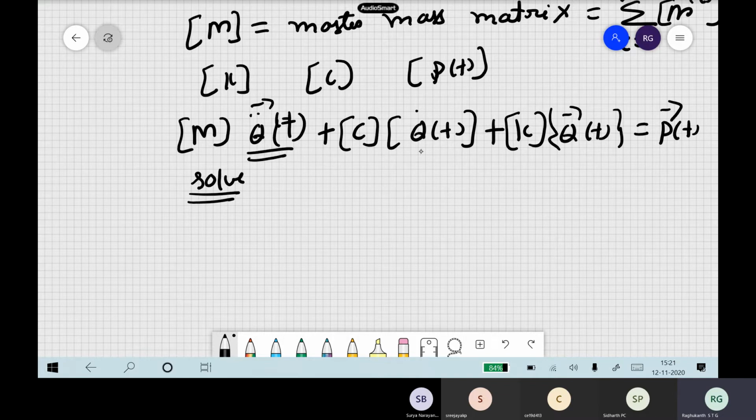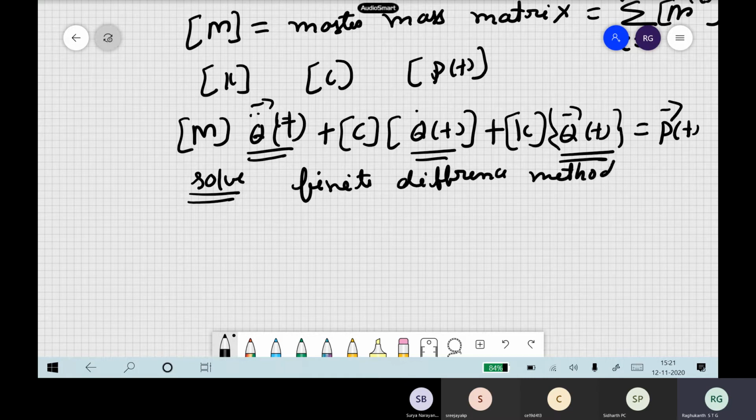The only thing is we have this time derivative. Generally, as we already said, these time derivatives can be solved by the finite difference method or the Newmark beta scheme, whatever you would have studied in dynamics. So this can be used here. Or, if the loading is some simple sinusoidal load, as you have studied in the structural dynamics course for a single degree of freedom system, you can obtain things even in closed form, with no need to solve by finite difference. But if the loads are arbitrary, then you may have to do it by finite difference or some such method.